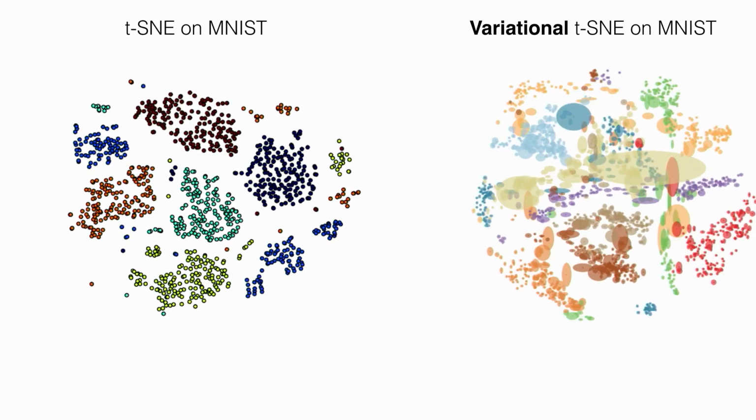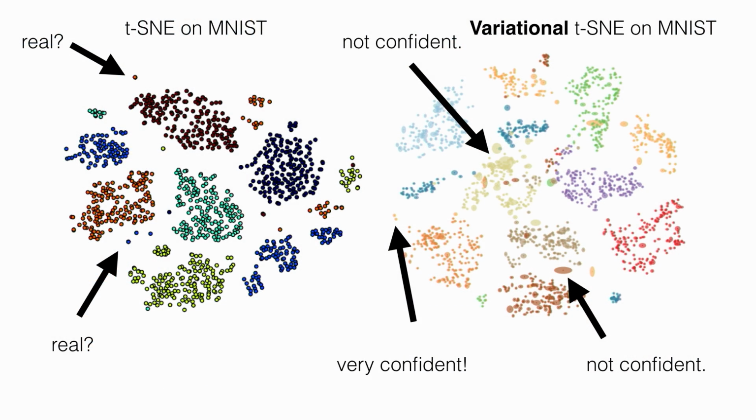That's really useful because things like t-SNE have all kinds of reading the tea leaves behind it. So knowing where those points actually are is super useful. You can always end up in this kind of case, right? If you're looking at the left-hand side here, at that point all the way up at the top left, and it's not near anything, I certainly look at that and say, is that a real point? If I reran t-SNE, would that thing not be next to anything else? I don't know. Anyway, you run this, and both t-SNE and variational t-SNE will converge, and at the end of the day, only the variational model is going to have a disciplined measure for its confidence, right?